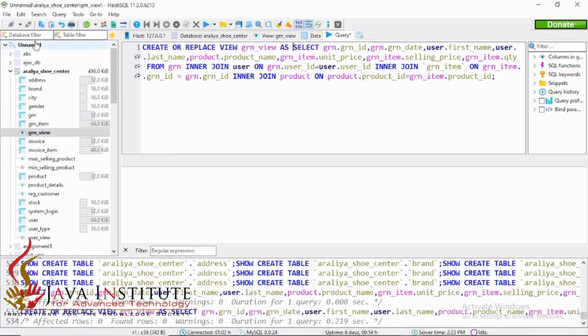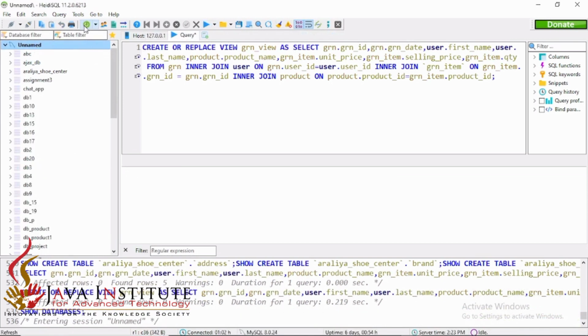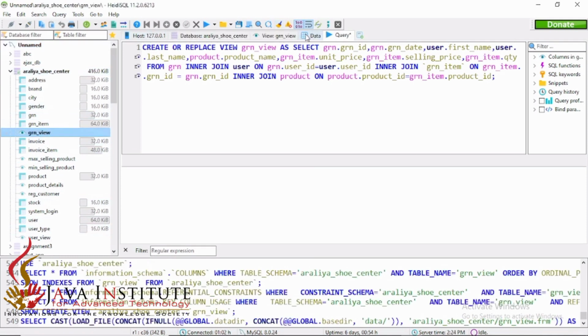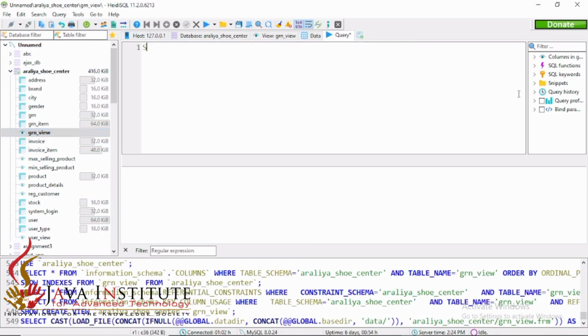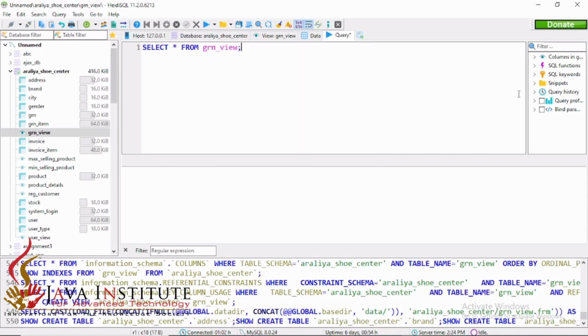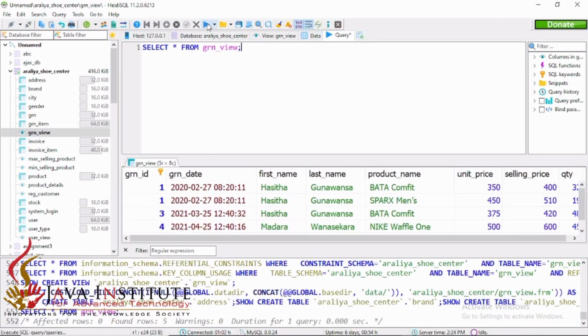So after executing and refreshing, we can see whether this view, GRN view, is created, and I'm going to find out whether that is updated or not. So select all from GRN view. Okay, so then I'm going to execute this. So you can see the details have been updated here in this GRN view.